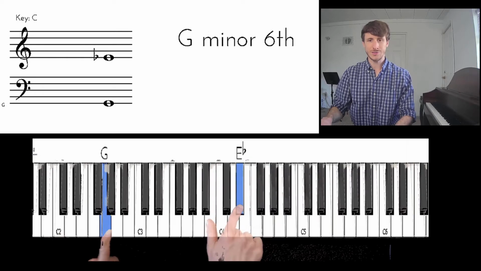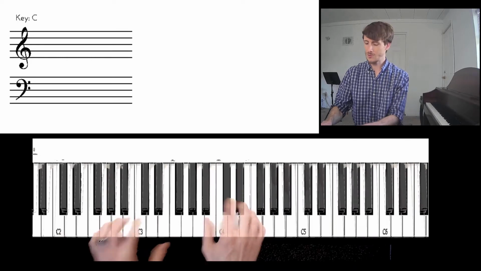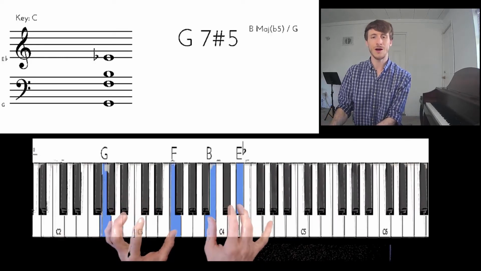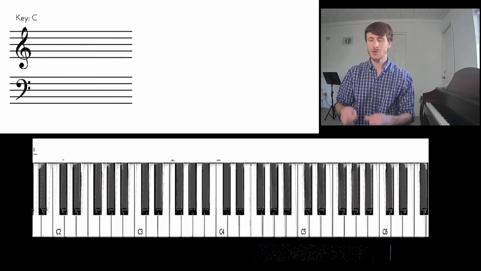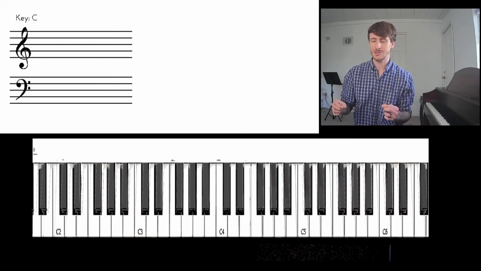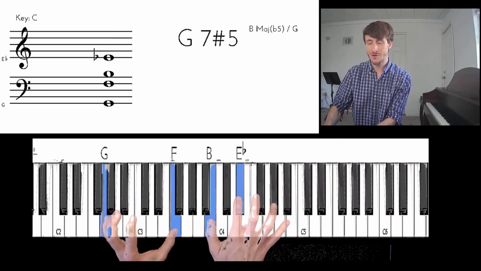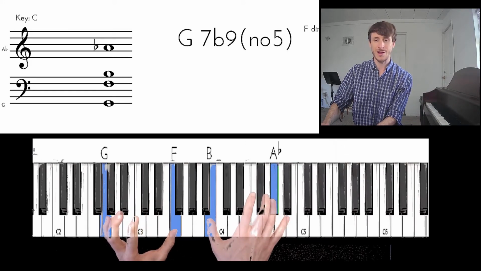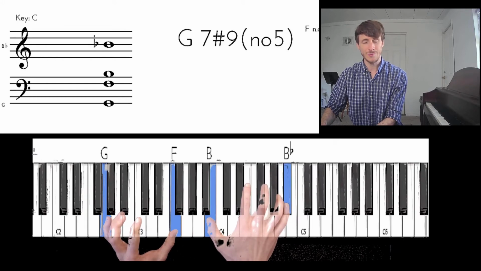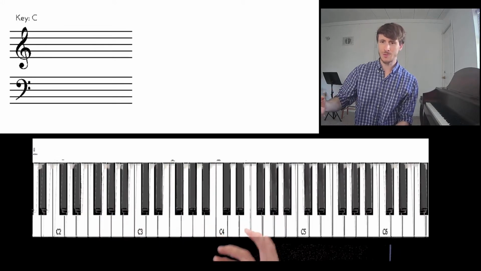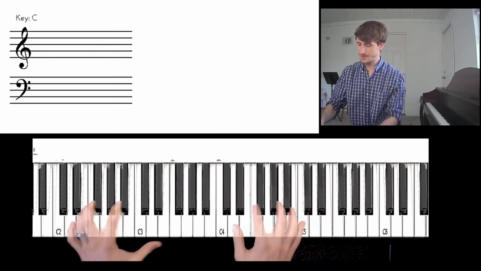That E flat serves as a sort of flat 13 or a sharp 5 of the G7 chord. So those are our basic alterations for a dominant chord: the flat 5, sharp 5, flat 9, and sharp 9. And we see this if we're to do some kind of jazz lick,